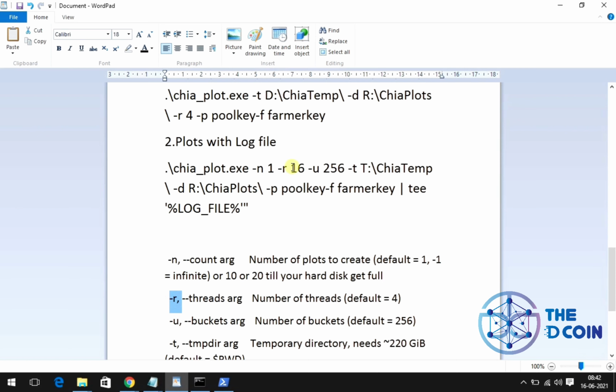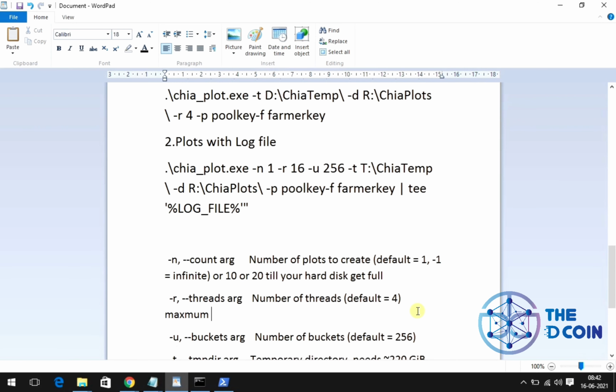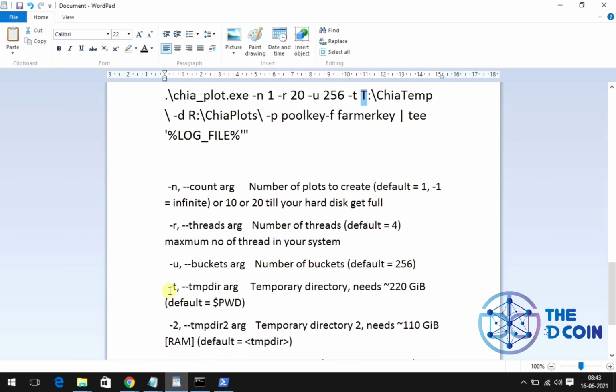R is for your threads, how many threads you have in your processor. The default is 4. If you have 20, 24 or 32 threads, you can configure it accordingly. We have 24 threads, and I'm putting 20 here. The bucket size is 256, and then the temporary directory.